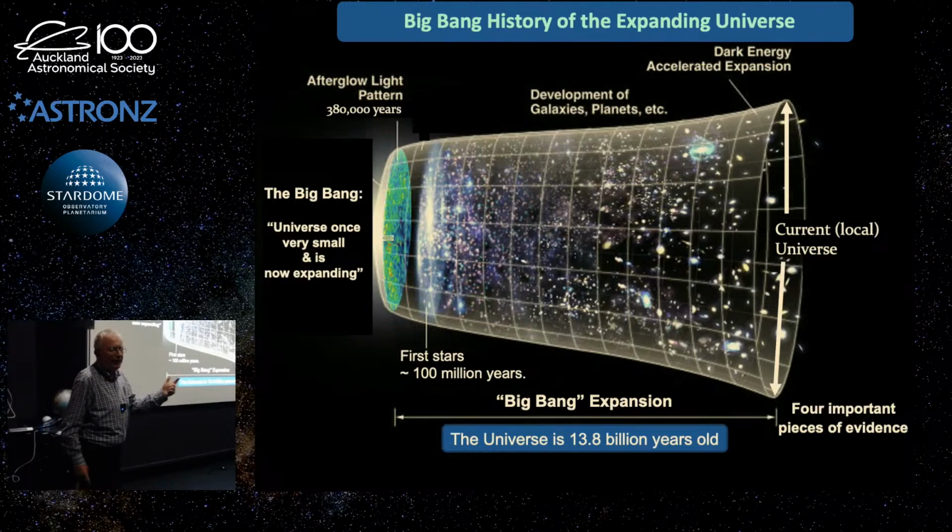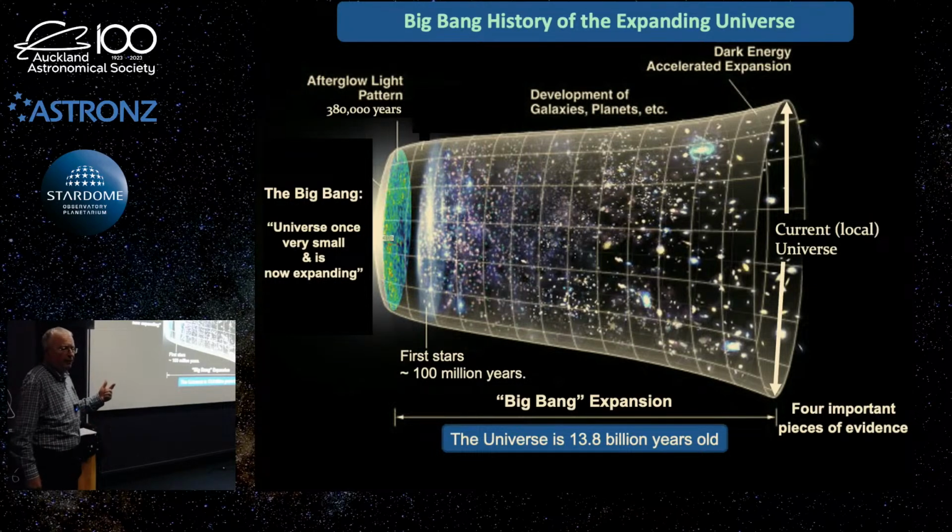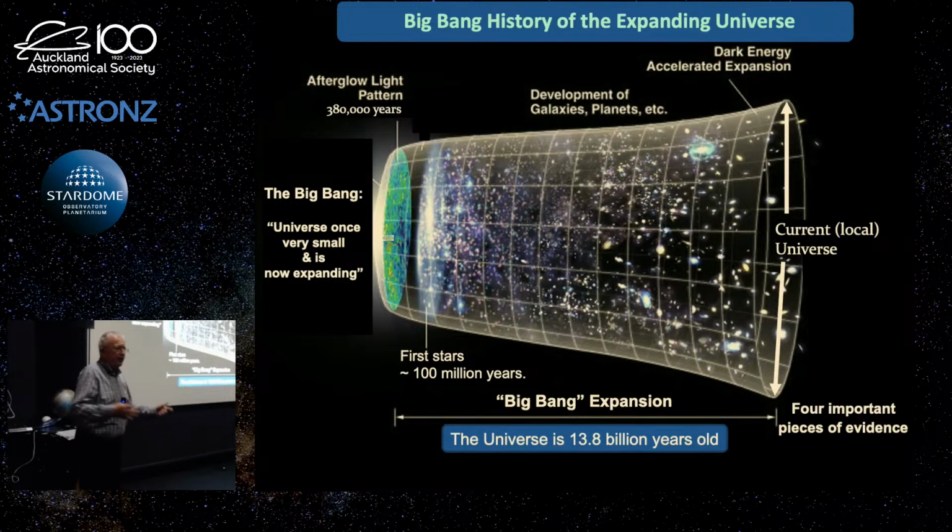Two is the universal abundance of elements. They were able to, with the laws of physics, work out the conditions in the first few minutes of the universe's being, how hot it would have been, the collisions that would have been occurring, the particles that would have been there, and they could work out how much hydrogen would have fused under those conditions into helium. So the abundance of hydrogen, helium, and the relative isotopes in there. And they match perfectly with what we see in the universe today. It just matches perfectly with what they estimate would have happened in those early conditions. So the universal abundance of elements.